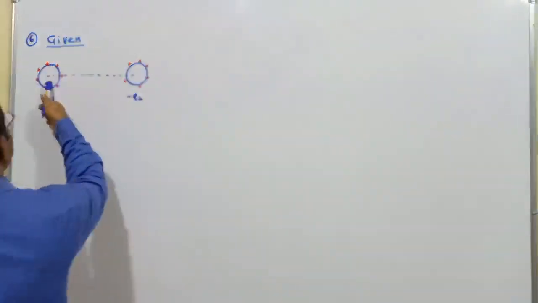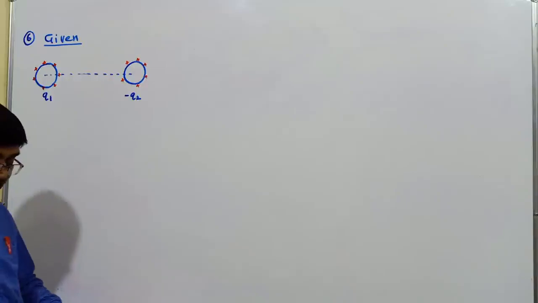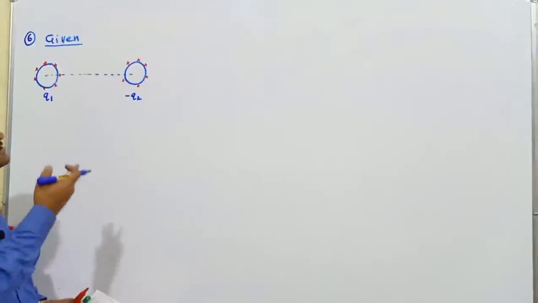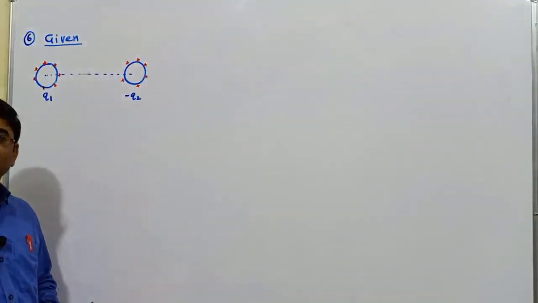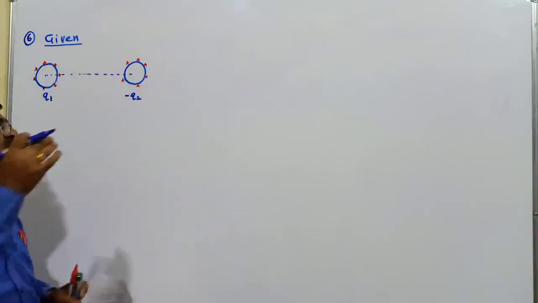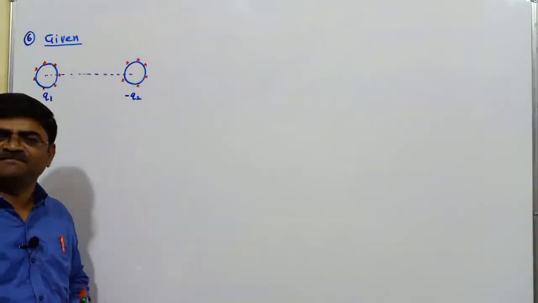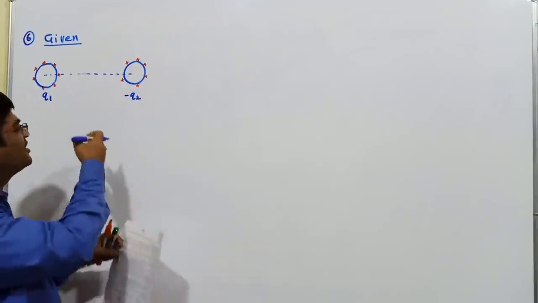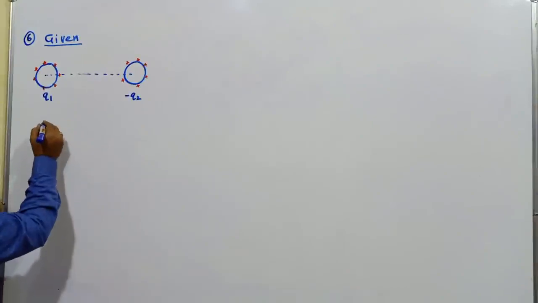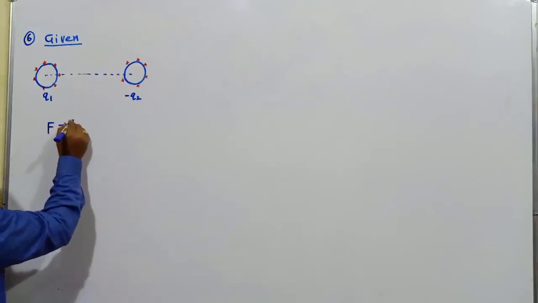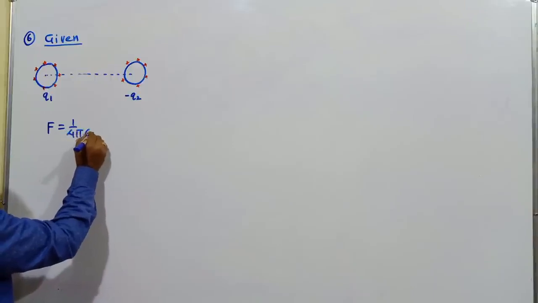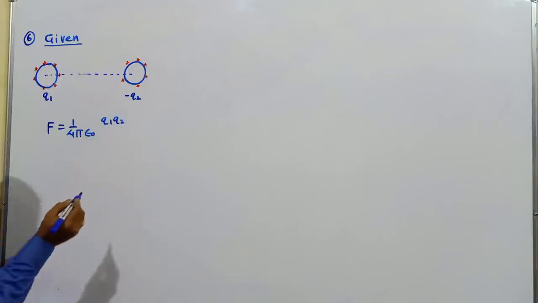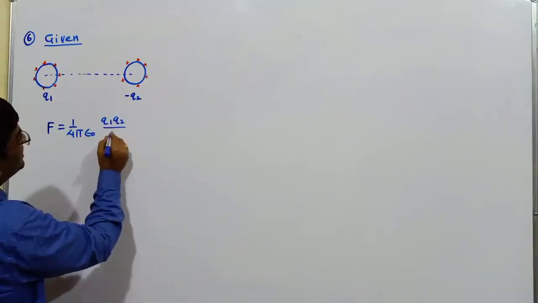Then the force between these two charges. Now some of you might have a question in mind, sir, are those point charges in the case of a spherical and symmetric body, particularly a sphere? You will have as if the whole charge concentrated at the center of the sphere. Uniform distribution you have got. So in that case you can treat them like a point charge and work out. So the force between these two you get then 1 upon 4 pi epsilon 0 Q1 Q2, only magnitude, minus Q2 you should not write, divided by r square.